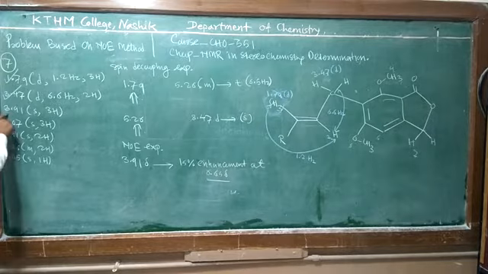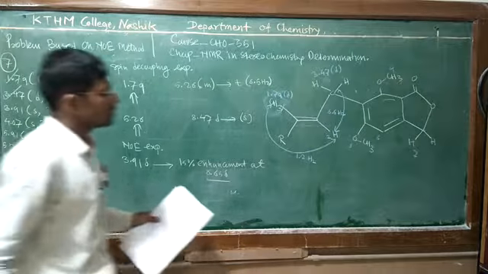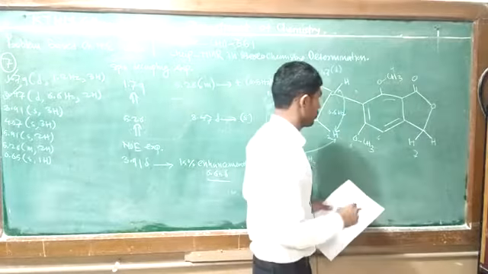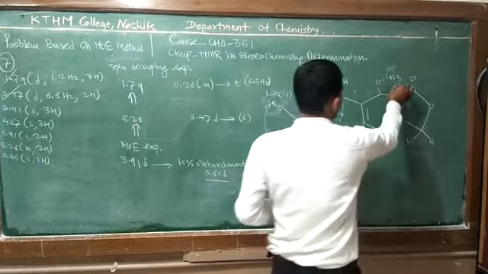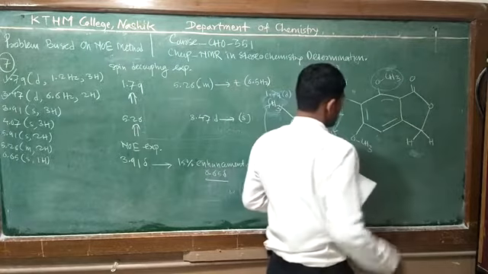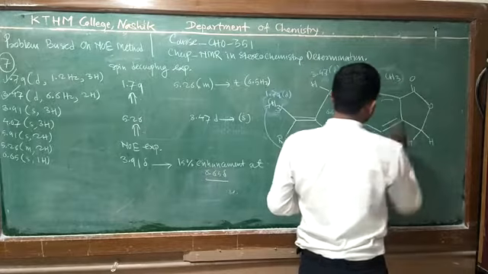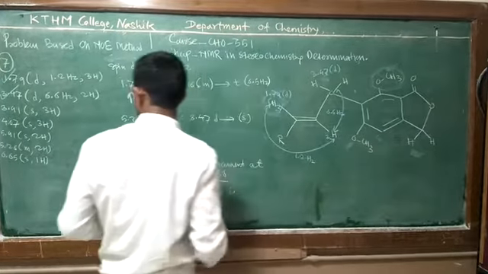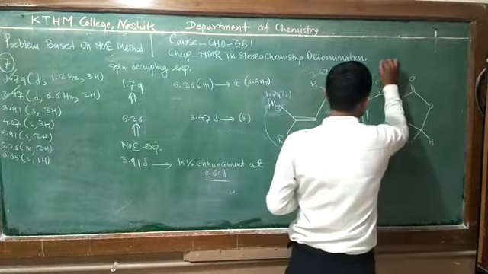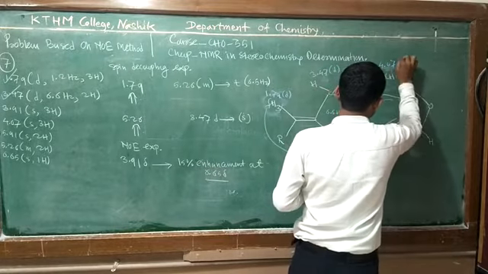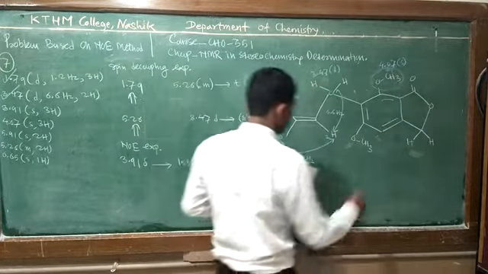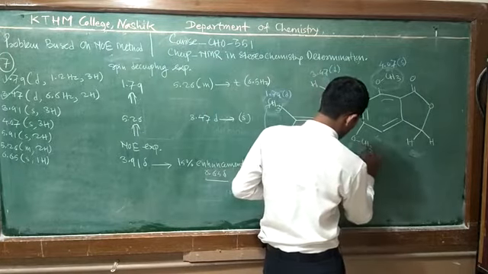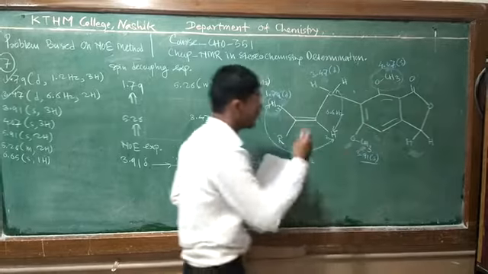Then the 3.91 singlet for 3 protons and the 4.07 singlet for 3 protons. These signals we can assign to the methoxy groups. Obviously, because of the carbonyl attachment here, the diamagnetic anisotropic effect of the carbonyl causes the downfield value for this methoxy group, 4.07 delta with a singlet. Again for this other methoxy we can assign 3.91 singlet. In this way we can assign these two values.